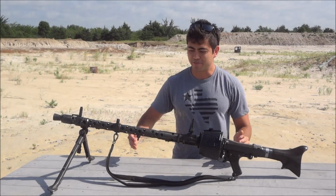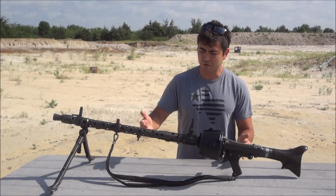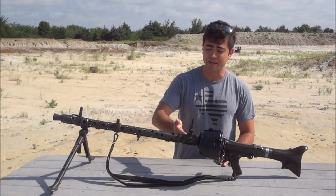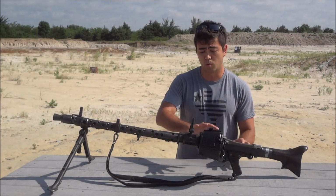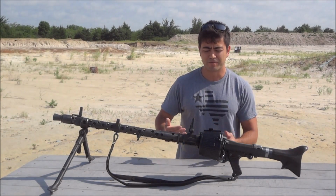Today we're going to be taking a look at this sweet gun right here, the German MG34. The MG34 is Germany's main machine gun of World War II, that and the MG42. And in a way, the MG34 is kind of the father of the MG42. Tons of differences between the two guns. They practically share no parts, and the whole way that they operate's different, but they did serve very similar roles